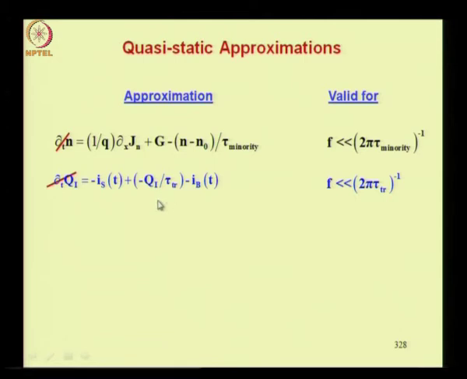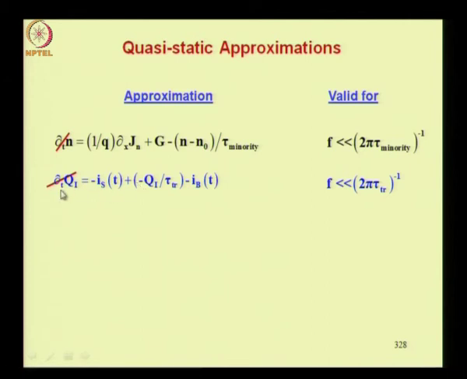You know that under steady state conditions the transit time from one end to the other end can be written as the ratio of charge by current, and so the current can be written as the charge, that is inversion charge, that is causing the current divided by transit time. This is under steady state. However, we are writing the formula under transient conditions. So there is a negative sign here because for electrons the inversion charge is negative, right, and therefore there is a negative sign here.